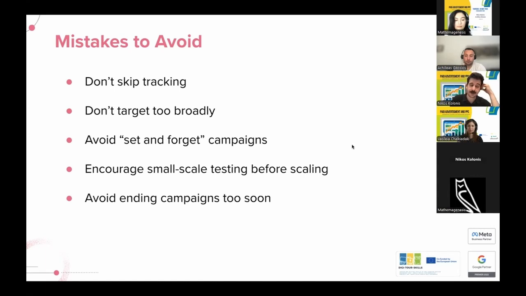And then another mistake is ending campaigns too soon. So one might set up a campaign and expect to get, I don't know, 100 bookings in the first 5 days. And that's not going to happen. Those platforms need time because they use AI, they use a lot of signals, and they need time to learn, basically. It's called a learning phase. And so you need to give it 2 weeks, 3 weeks, a month, ideally, for a campaign to run before you make a decision on whether you should stop running the campaign or continue running it.